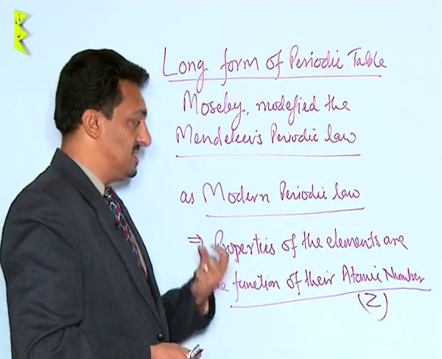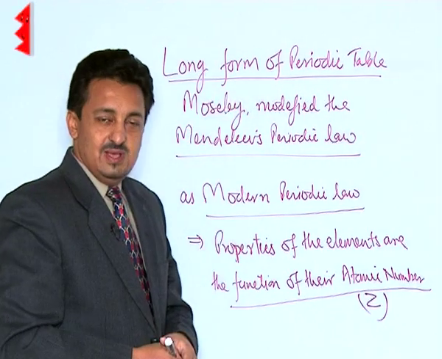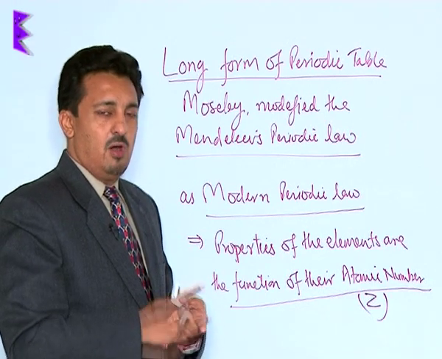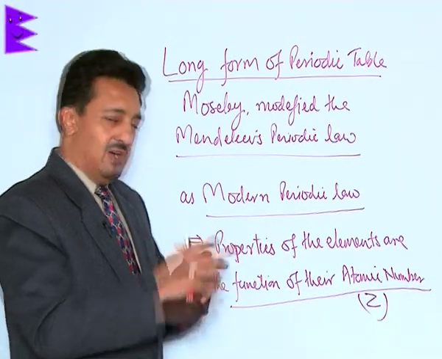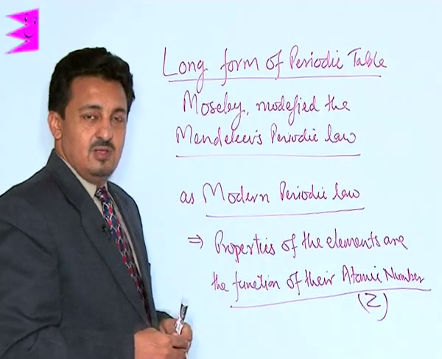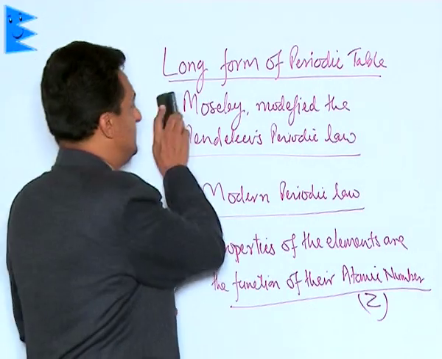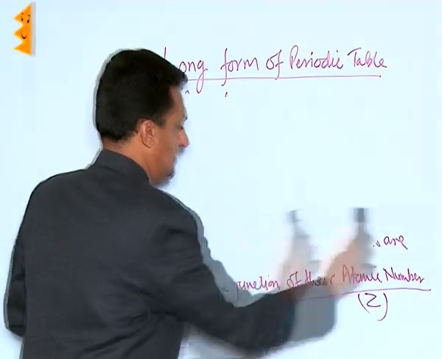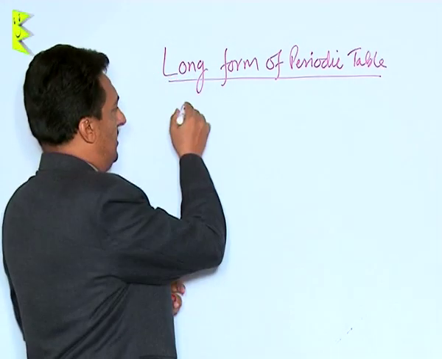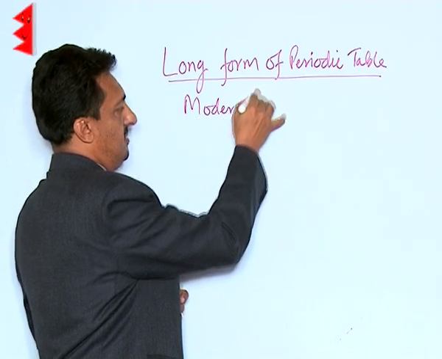And on the basis of this modern periodic law, our long form of periodic table is based, and many other scientists like Bohr, Bury, Werner, they all worked together and came out with this modern periodic table, the long form of periodic table. Now, in this periodic table, I'll give you a general idea. Now, this modern periodic table or long form of periodic table